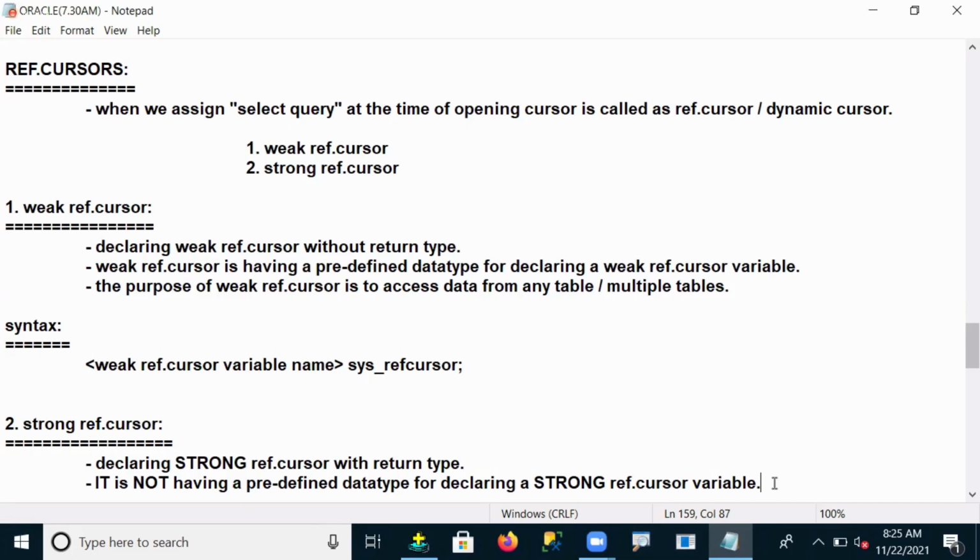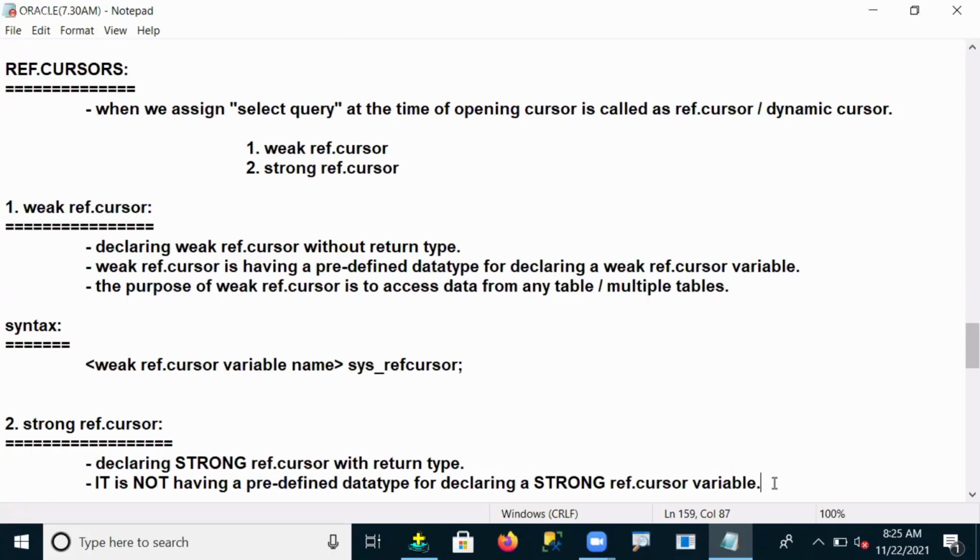What do I have to do to declare my strong ref cursor variable? Come on guys, is there any choice? If a predefined data type is not there, then what do I have to do? Yes, very good.